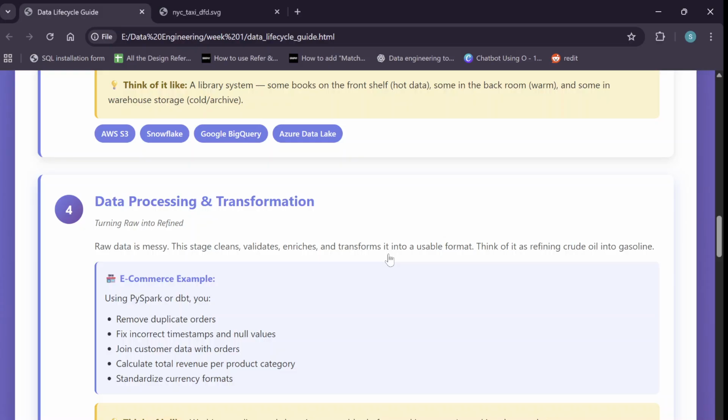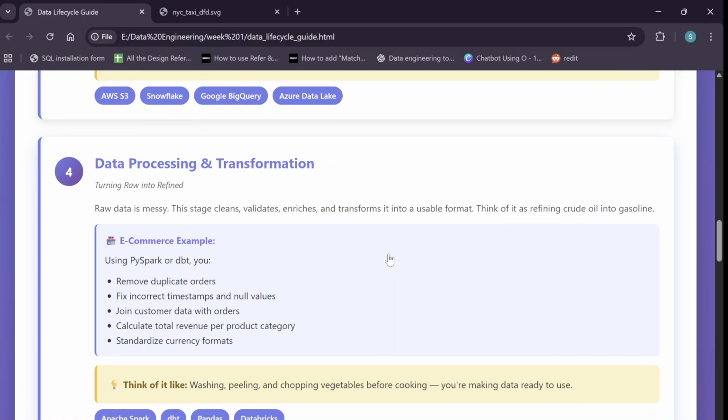This process can involve ETL, which is extract, transform, load, or ELT pipelines, which is extract, load, and transform. Common tools include Apache Spark, DBT, Pandas, and Databricks. If you think of raw data as crude oil, processing refines it into a usable fuel, which is clean, standardized, and ready for analytics. This stage is often the most technically challenging but also the most rewarding because this is where data starts gaining